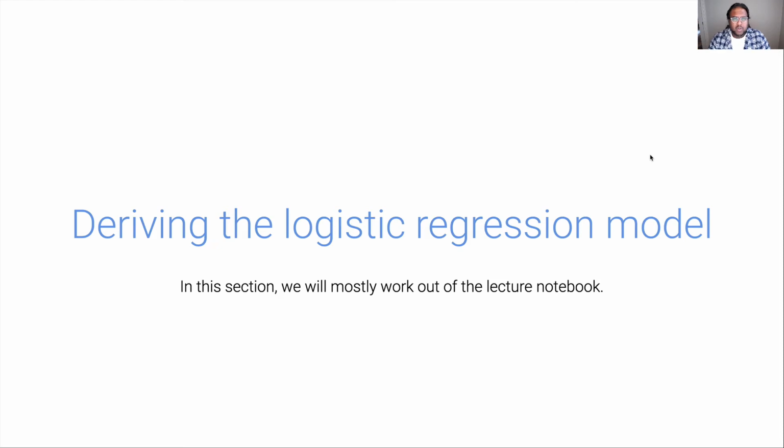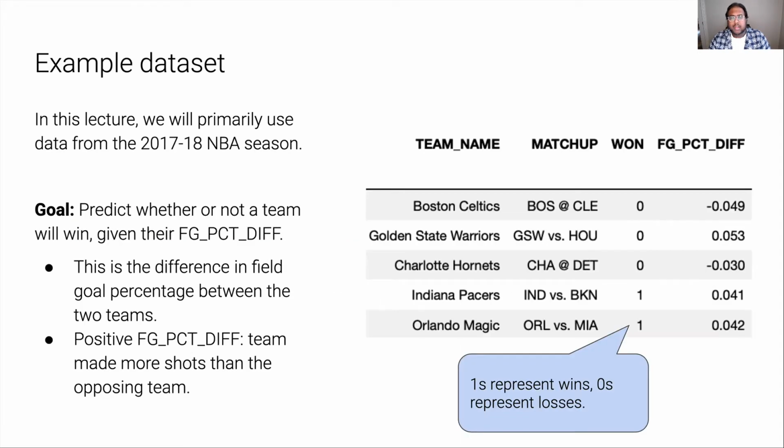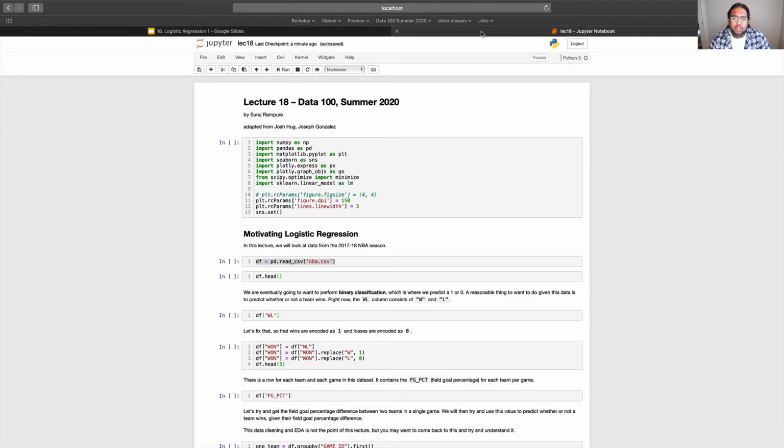So in this video, we're going to try and derive where the logistic regression model came from. We will mostly work out of the notebook for the first half of this video, and so the slides sort of give a summary of what we will do in the notebook. So you can come back to this if you want later, but since we have the notebook available to us,